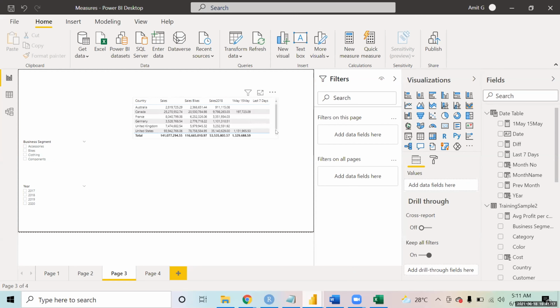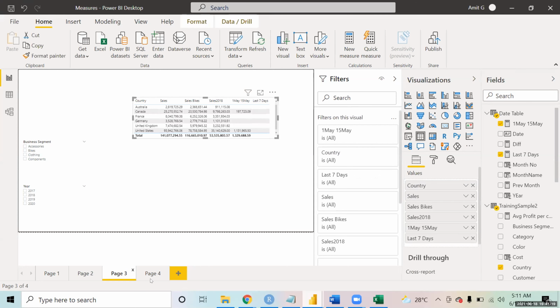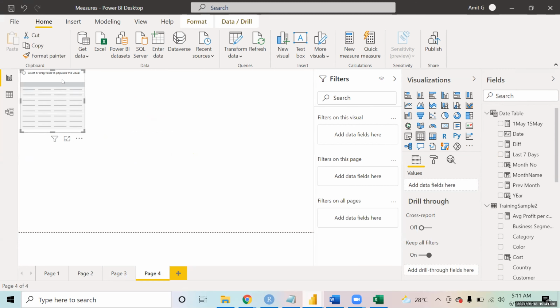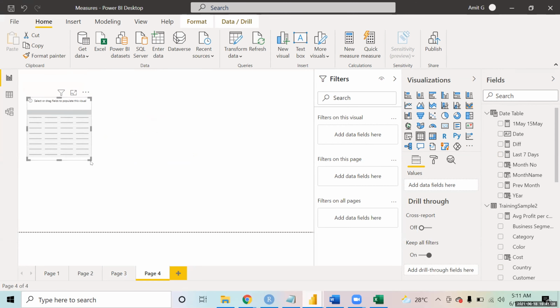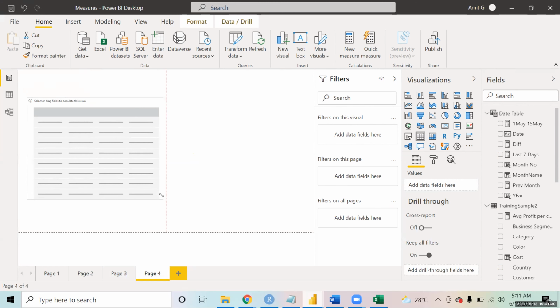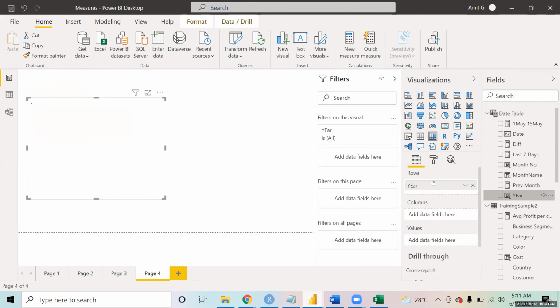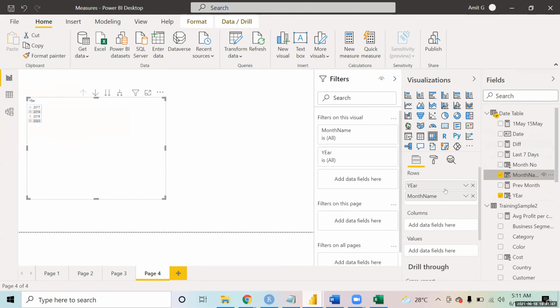Now I will request all of you to make a matrix over here, so let's make a matrix. Then we will explore some more time intelligence functions. You have to drag the year and the month name into the rows, sorry, I've taken a table, so take a matrix.